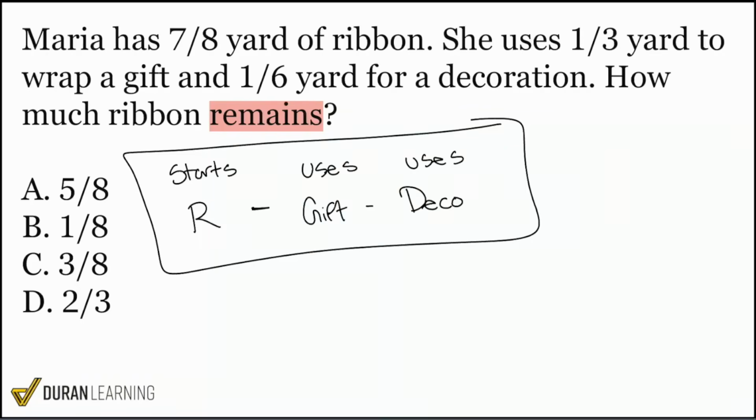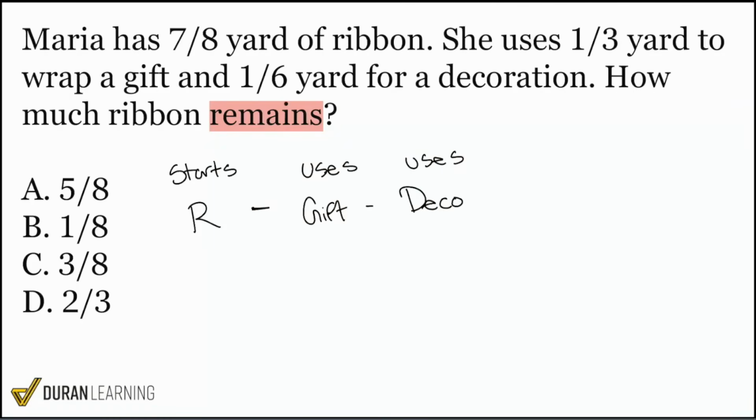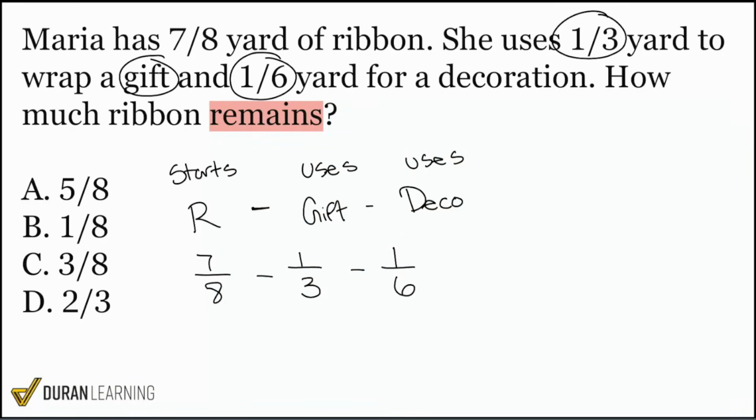If you're stuck on the fractions, that's just an indicator that you need to practice your fractions. So with that said, let's tag the numbers now. The fractions here are 7 over 8. We'll be subtracting the gift, which is 1/3, and then we'll also be subtracting the decoration, which is 1/6 of a yard of ribbon. And so there we are. We'll be subtracting 1/3, then subtracting 1/6, but we must make sure that we follow these core principles of fractions,